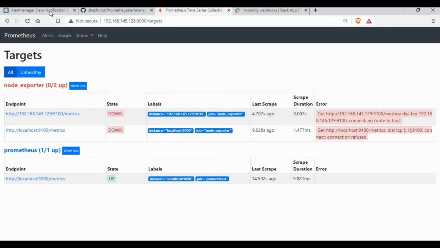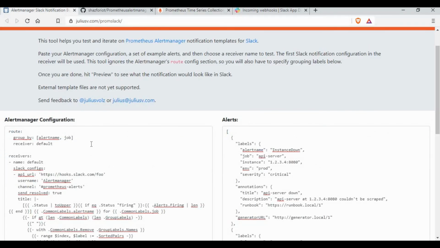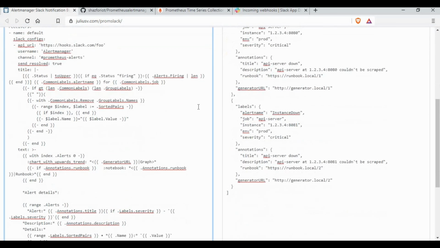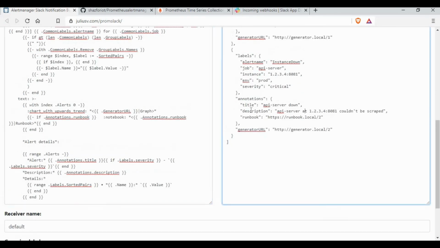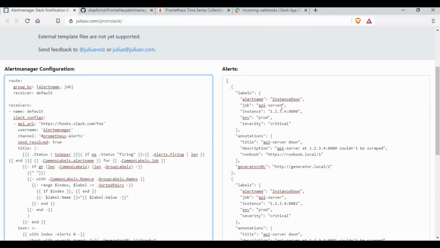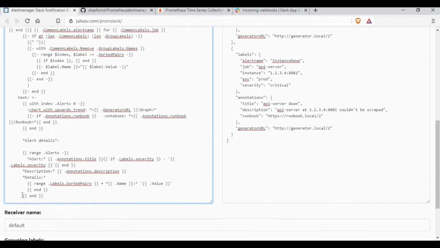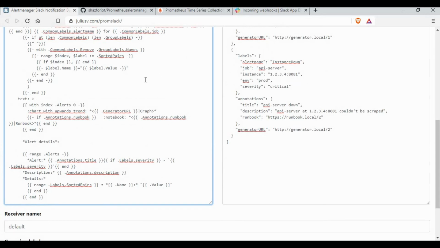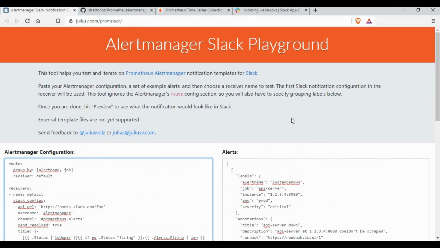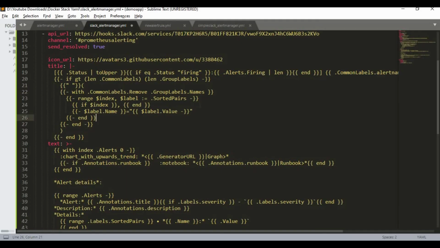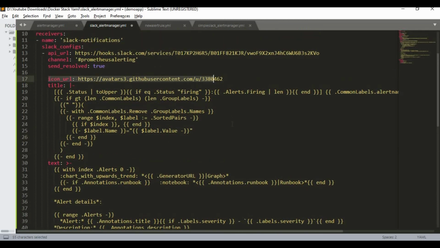Okay, there is also a site where you can test this kind of alerting and see how it will look. You can create your own alert configuration and alert rules, put them here, and do a preview, and it will show you how it will look in Slack. In our case, I'm just trying to sort things a little bit better, and I want to show you the content which we need to take from the alerting rule. I'm also putting in an icon to make it look better. Okay, so let me copy this content